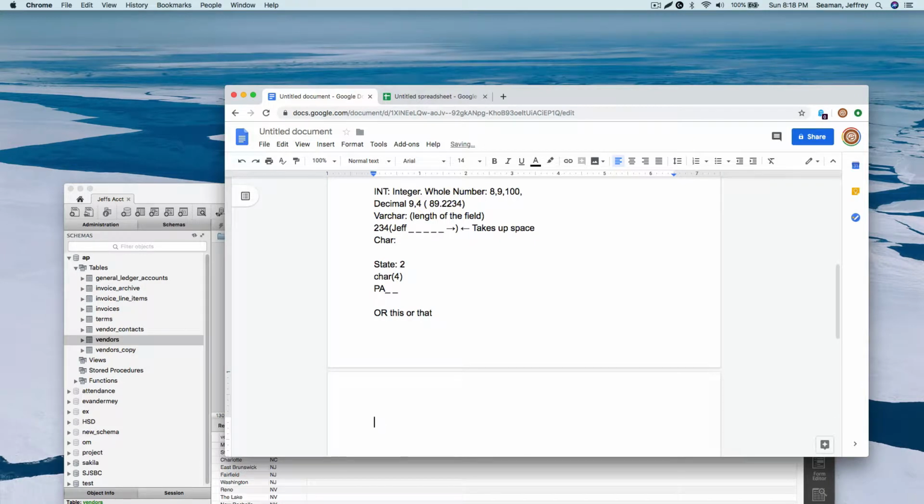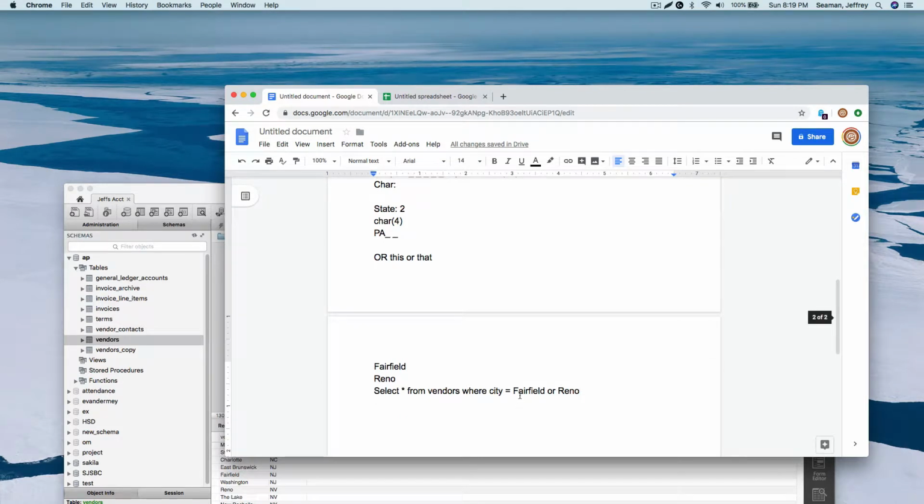So let's say that we have two values on our table. One is Fairfield, and the other value is Reno. And we say, give me everything, say select all from vendors where city equals Fairfield or Reno. So what it does is it looks at the first one first and says, hey, does anything equal